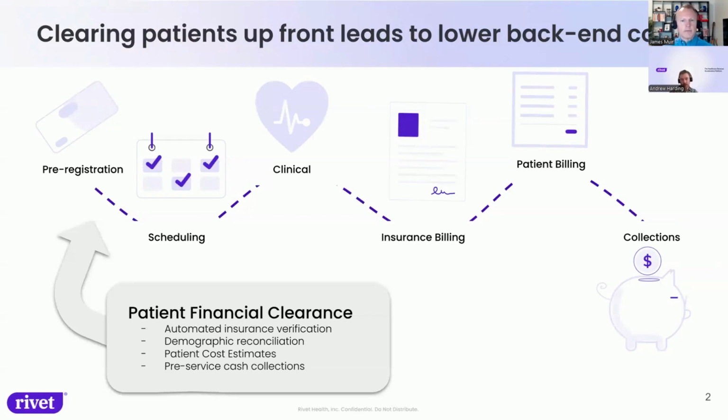That's a pretty tight window, and we think if you're electing to do more upfront financial clearance and estimations, you can get in that sweet spot of maybe 10 to 14 days pre-service. That gives you enough time to make sure all your ducks are in a row, but not so much time that your benefit accumulators might be radically different. If you do it today for an appointment that's 3 months down the road, there's a pretty high chance